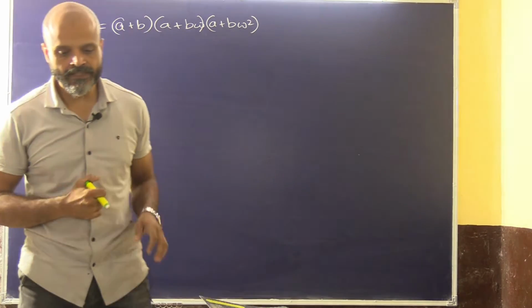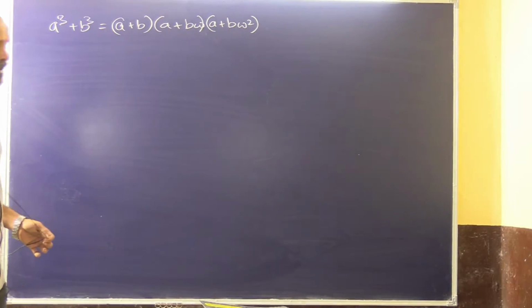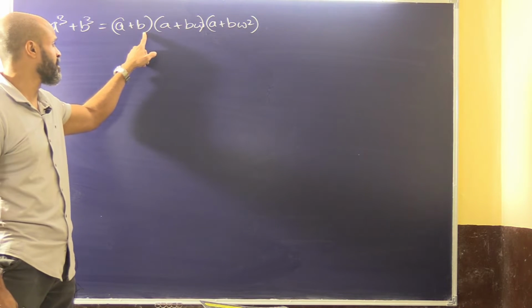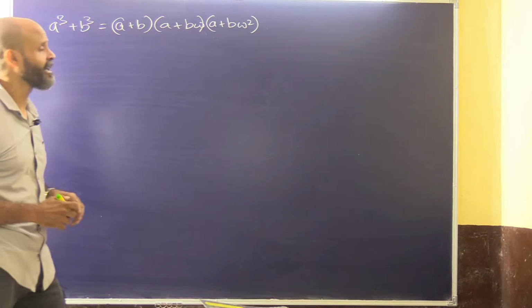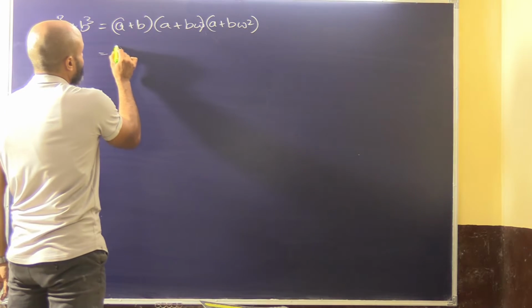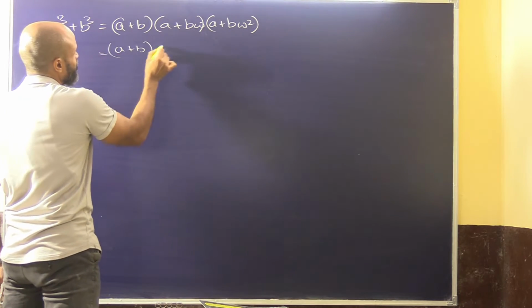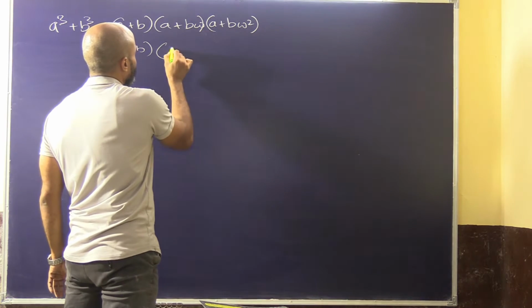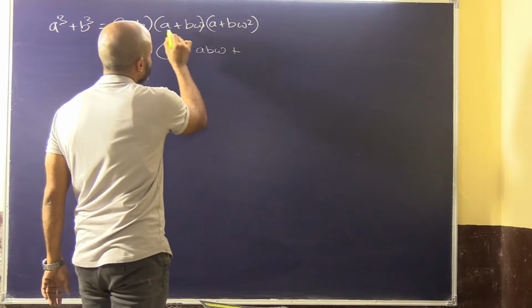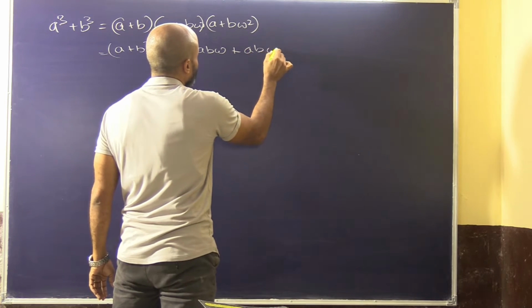Okay, so let's do this here. a cube plus b cube. We have to prove that this is equal to (a plus b omega) and (a plus b omega square). So let's say we have here a plus b, a plus b. This can be written as a into a, that is a square, a b omega plus a b omega square,